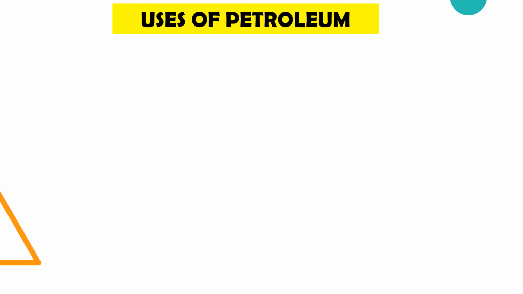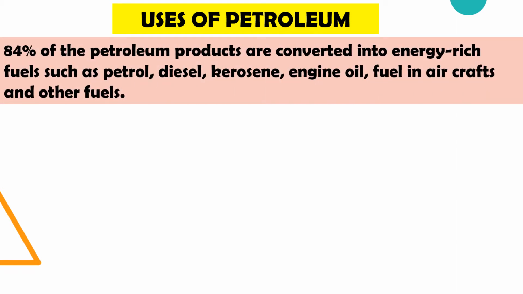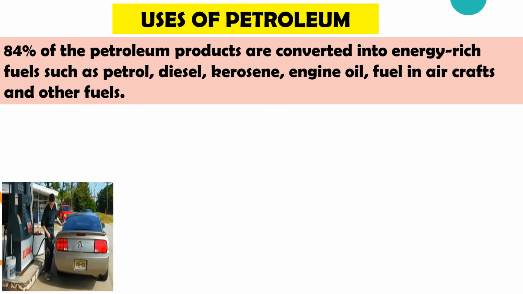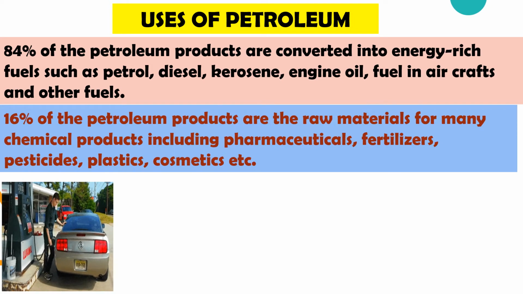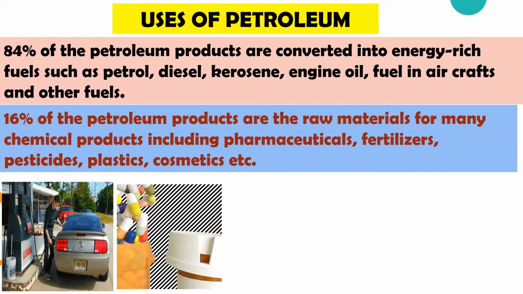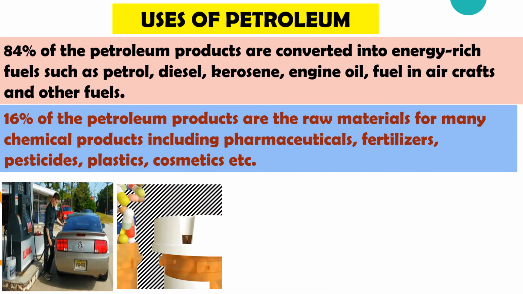Let me explain the uses of petroleum first. 84% of the petroleum products are converted into energy-rich fuels such as petrol, diesel, kerosene, engine oil, fuel in aircrafts, and other fuels. 16% of the petroleum products are the raw materials for many chemical products, including pharmaceuticals, that means the production of medicines and drugs,